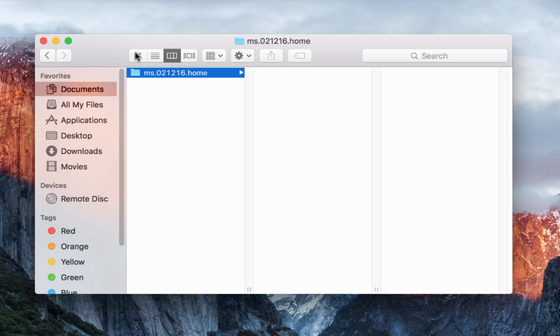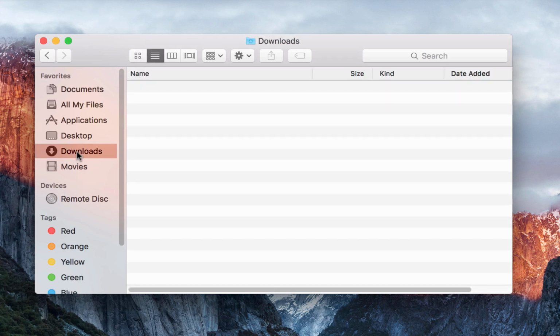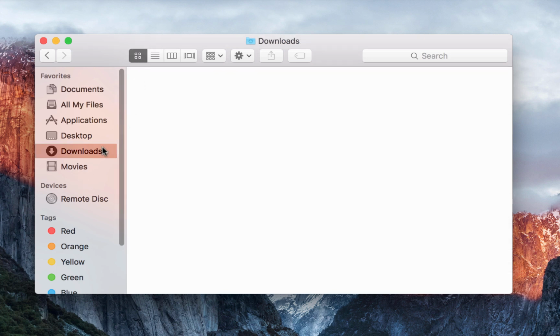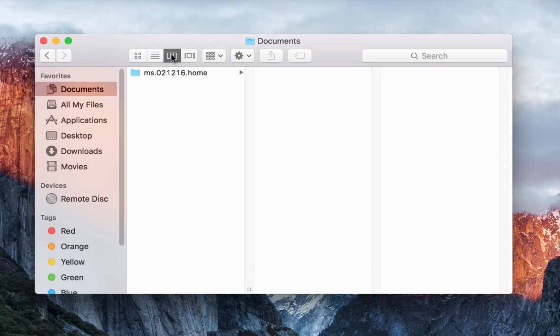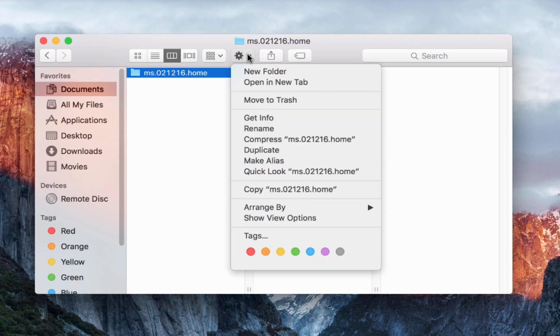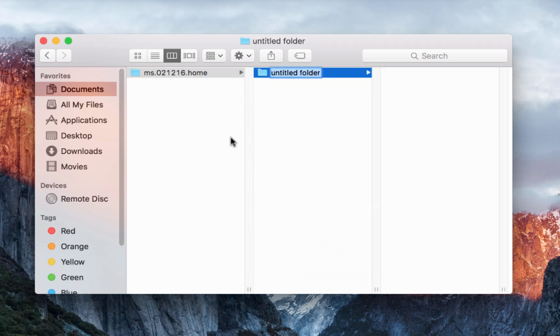Now there's several different views you can take within the Finder. You can take a look at it like this, and like this, with icons, with a list, with the windows and subfolders here. And this is the one I want you to use for this exercise, the one with the subfolders. I want you to see what's inside your home folder here. So we go inside the home folder, and we're going to make 3 folders inside the home folder. Okay, first one is